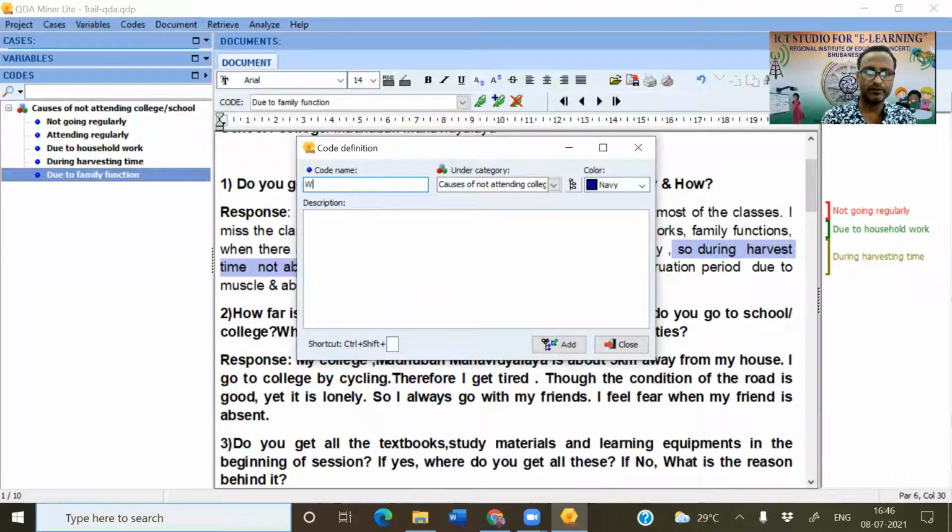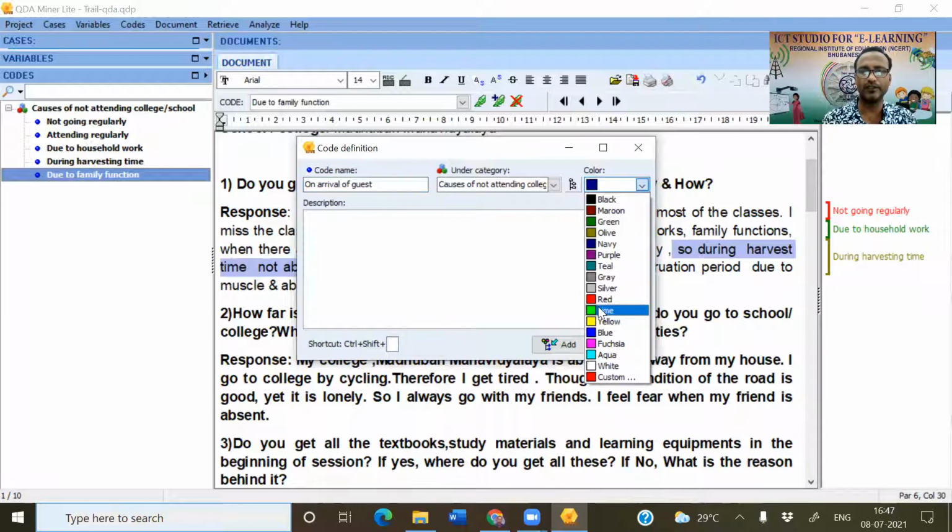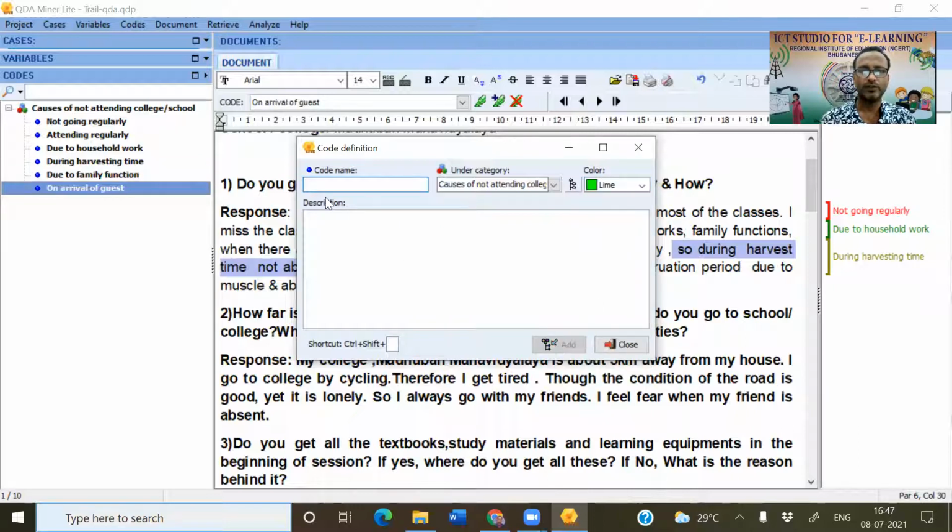She is also not going to school during the menstruation period.